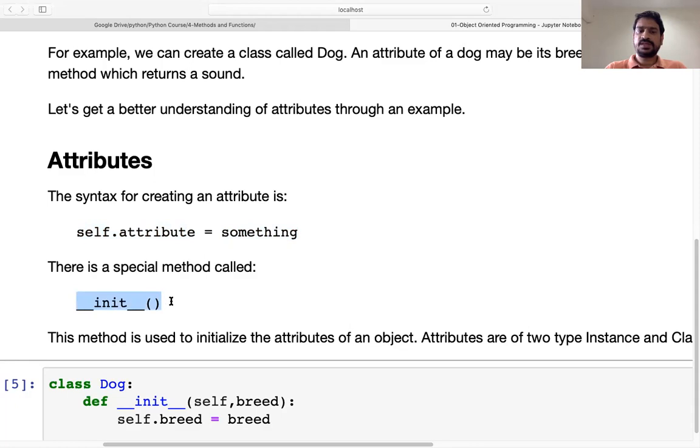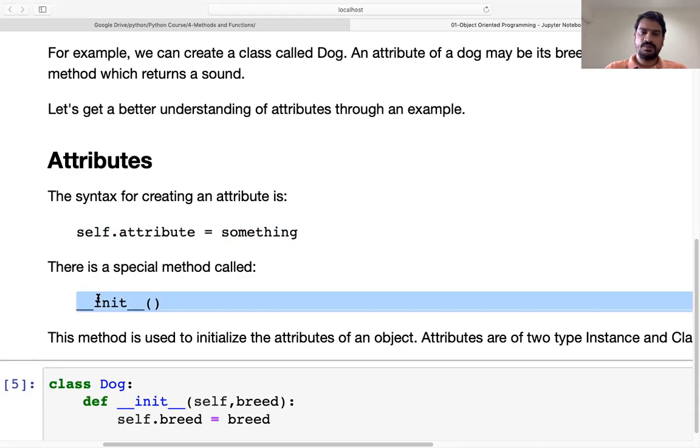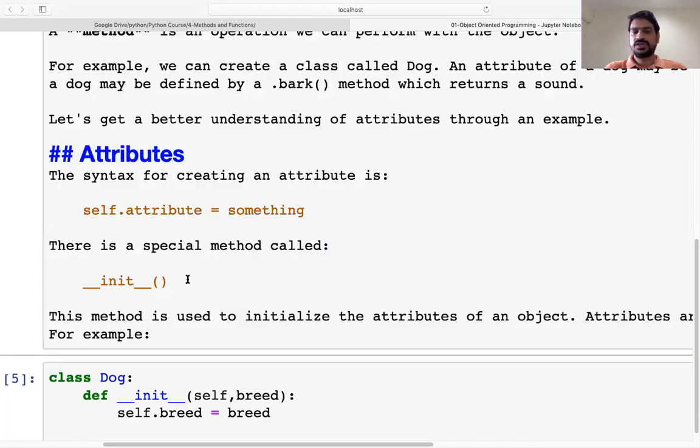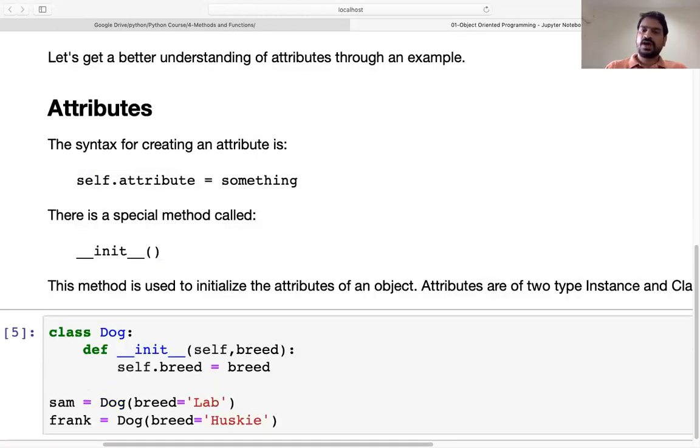This is the built-in method for the class, and while defining the class we'll use this built-in method. Here we have two underscores, then init, and again two underscores. It is an initialization function that we'll use. As I told you, this is an inbuilt method used in a class while creating the object.